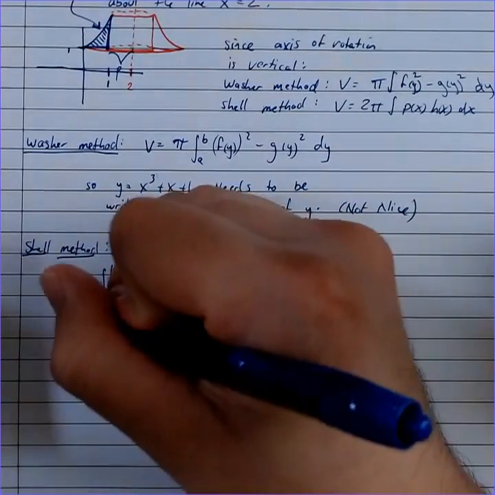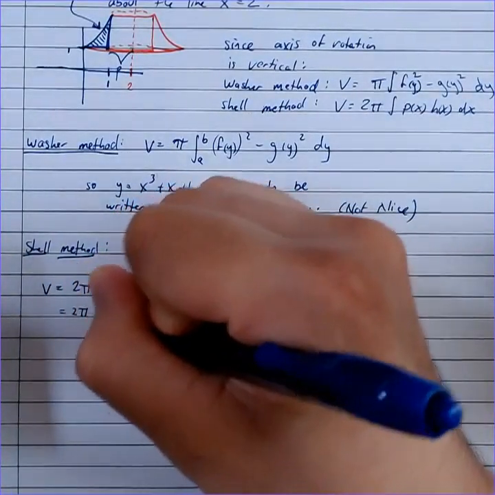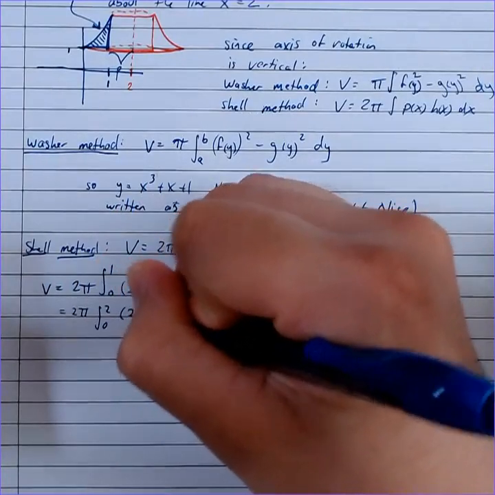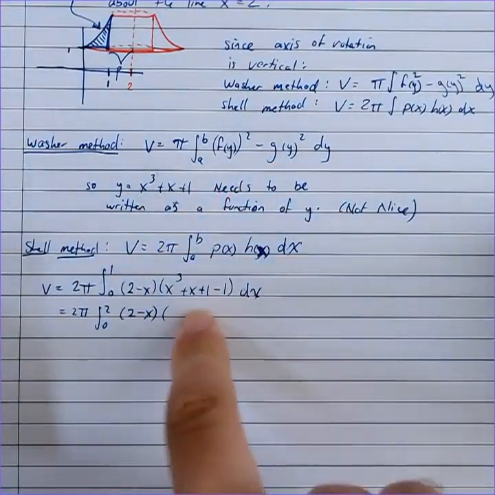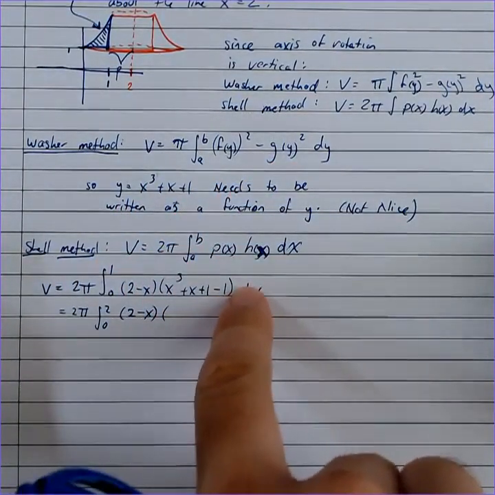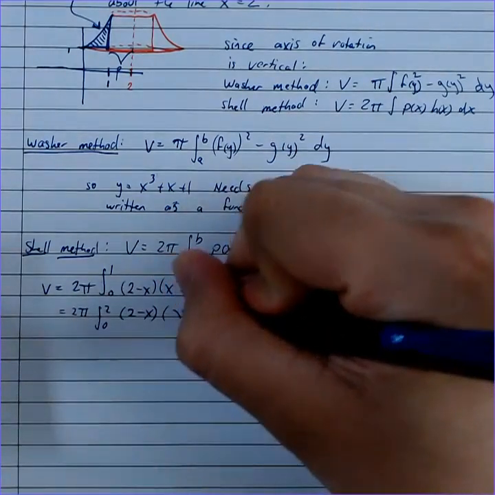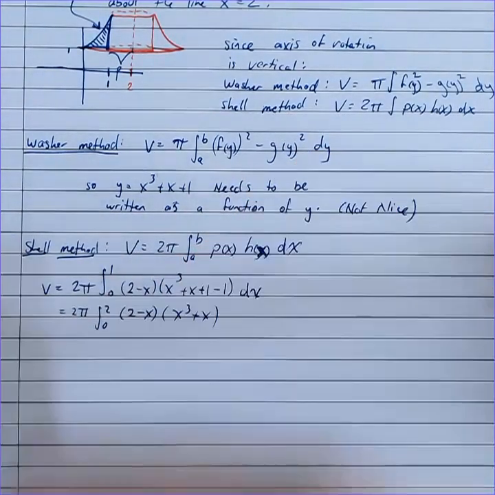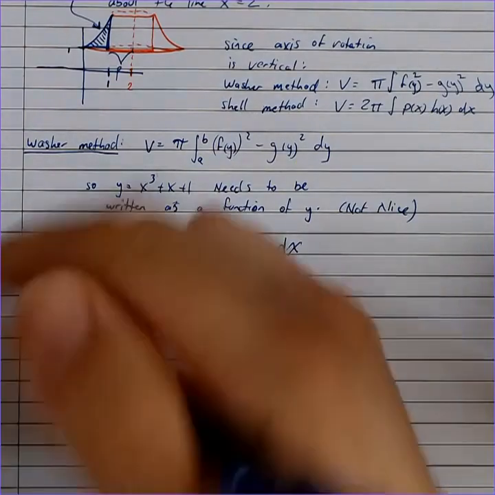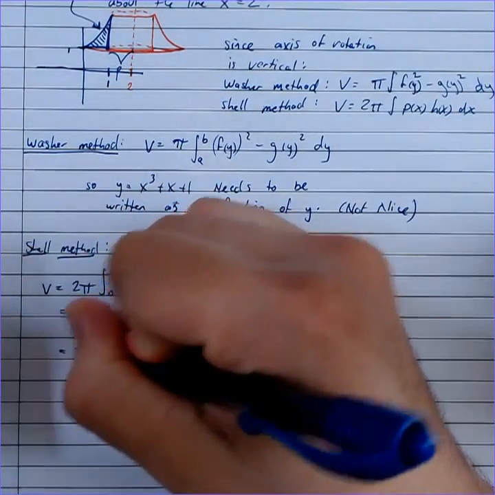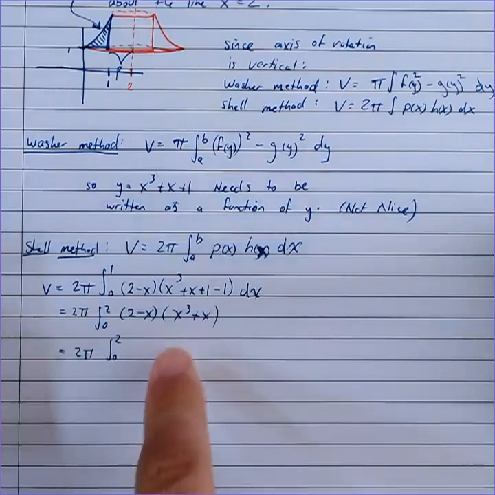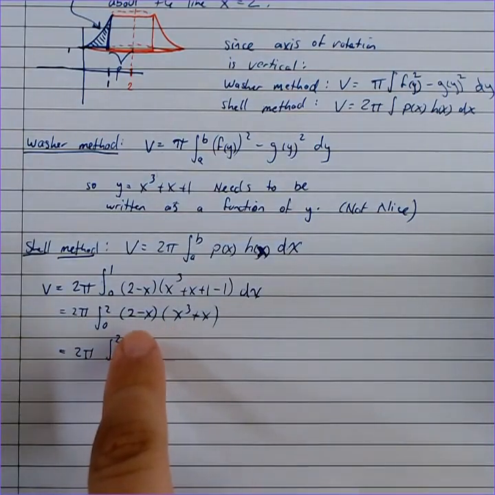Okay, so now we can write that as 2 pi, the integral from 0 to 2 of 2 minus x times, since these two just subtract away, we can write that as x to the third plus x, just like that. And now we can distribute that stuff to give us 2 pi, the integral from 0 to 2 of, let's see here, that's going to be